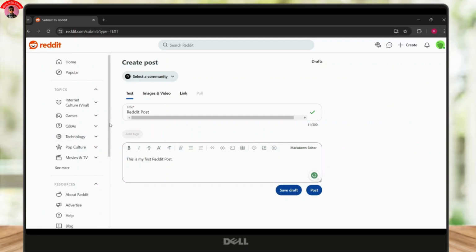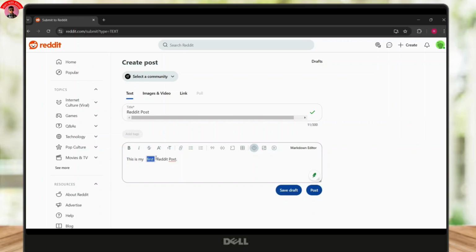Once I do that, if you want to hide the spoiler of a specific word, you just choose the word. For example, if I want to hide the word first, and you can see I've selected the word first, what you can do is there are many options up here like bold, italic, and strike through. You can even add bullet points, any kind of link, any kind of code. And at the right side you can see there is this exclamation mark inside a diamond. This icon represents spoiler, so if I just click on it, this word now has the spoiler tag on it,